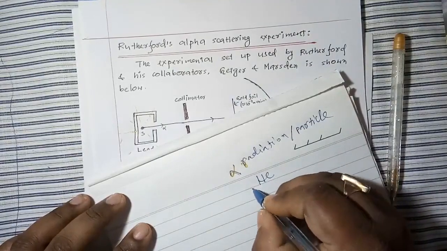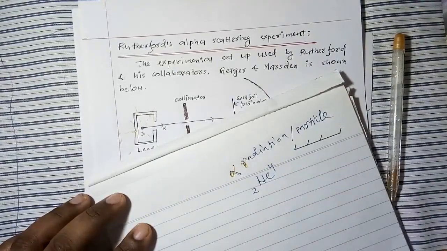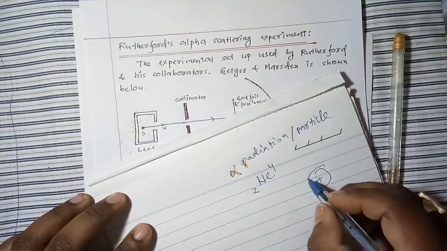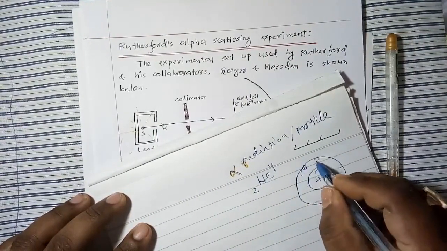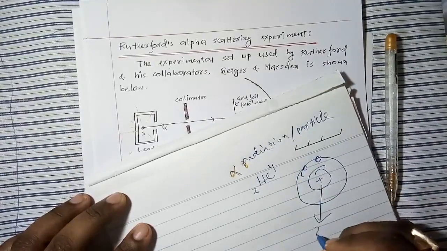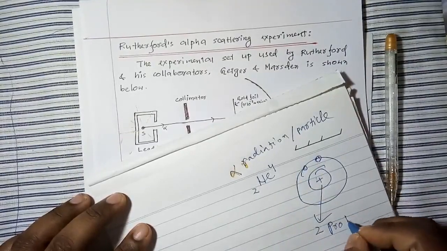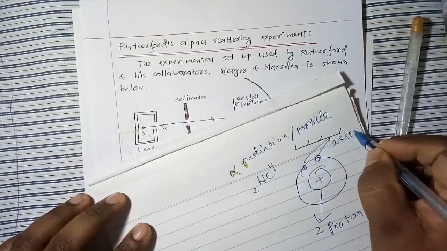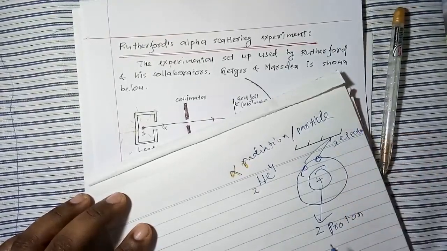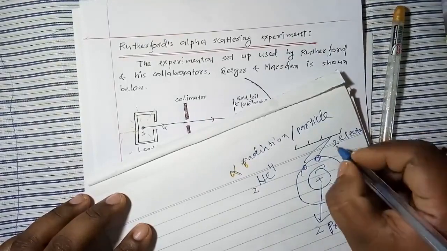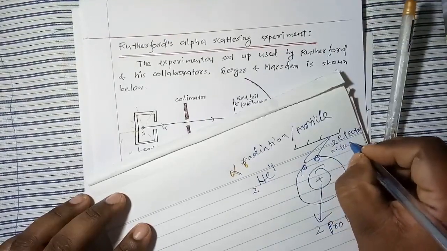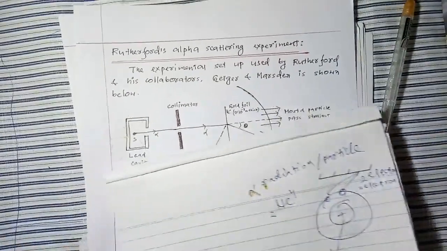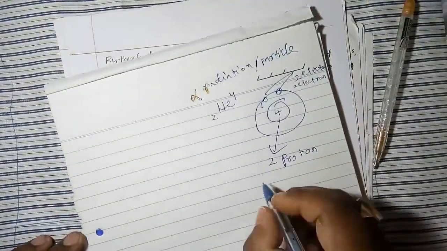What is an alpha particle? Let me tell you for the time being. You know the electronic configuration of helium that we got in class 9, that helium is He 4 2. That means inside the helium nucleus we have 2 protons and we have 2 electrons, right? That means 2 electrons.